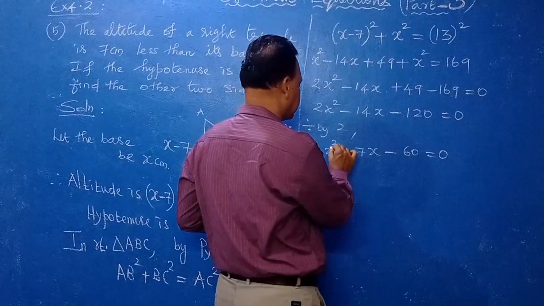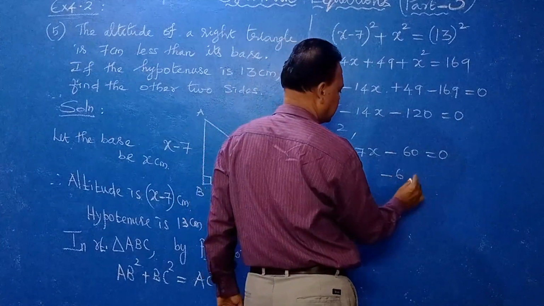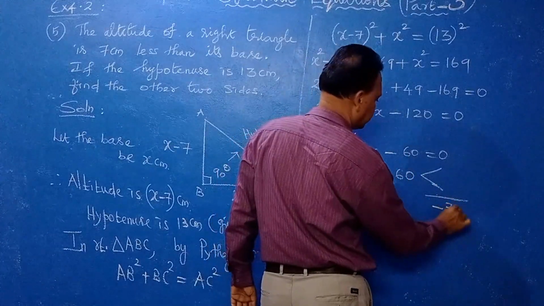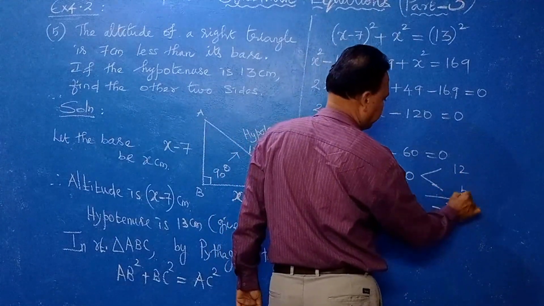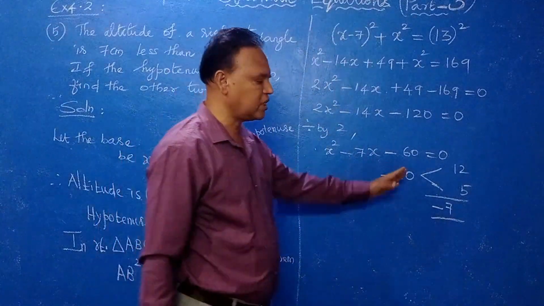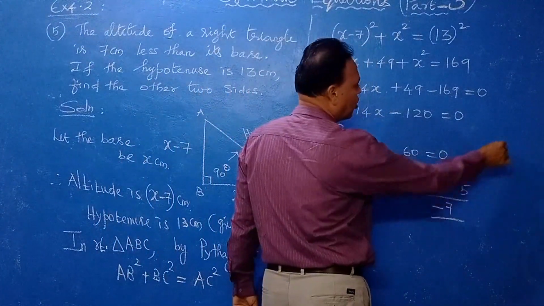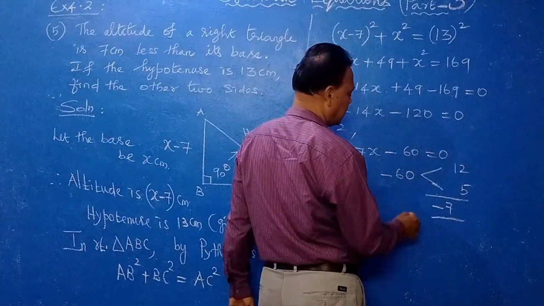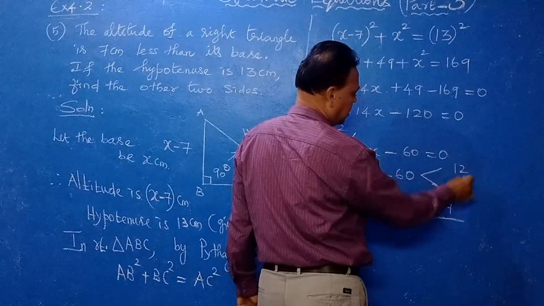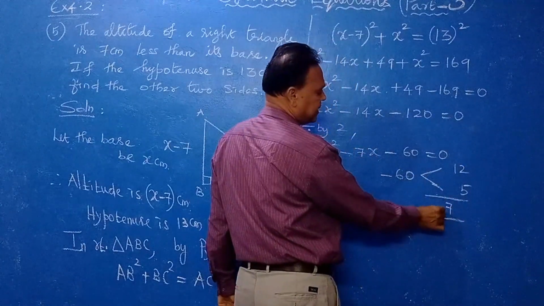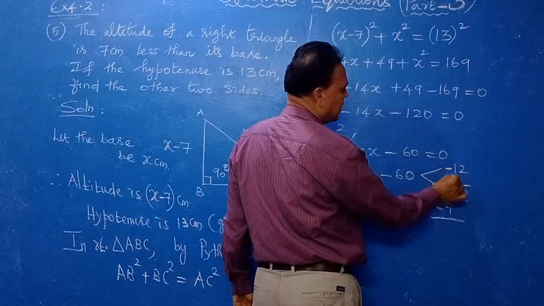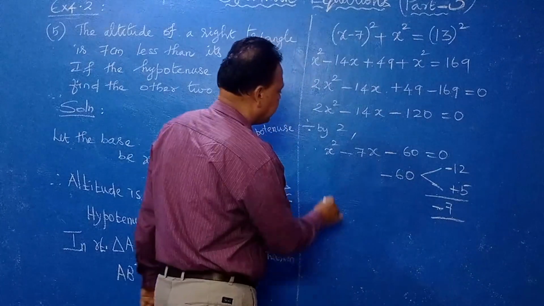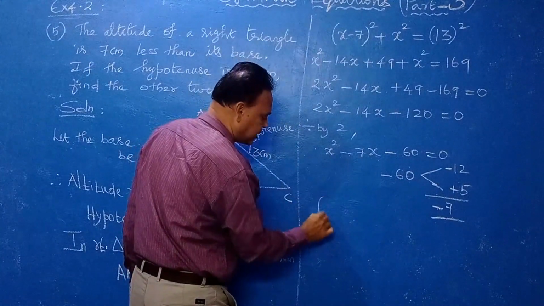Here x squared coefficient is 1 into minus 60, right? Minus 60 split up, you have to get minus 7. Such factors you have to find out. 12 into 5, okay, 12 into 5 is 60. Straight away you find out. If you don't know, you do factorization. Clear? So here the middle number sign is minus. So take the bigger number with minus, then while adding you get minus 7, while the product you are getting correctly. Here when you have x squared coefficient 1, you write it straight away.